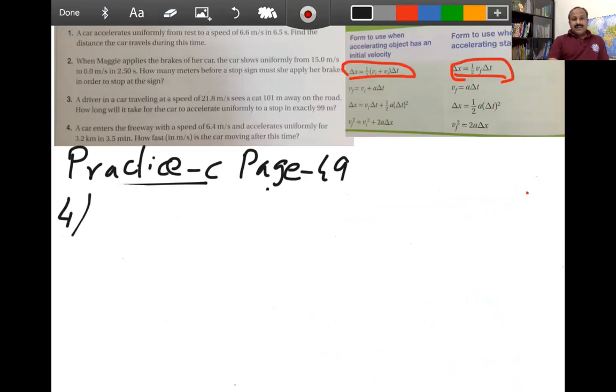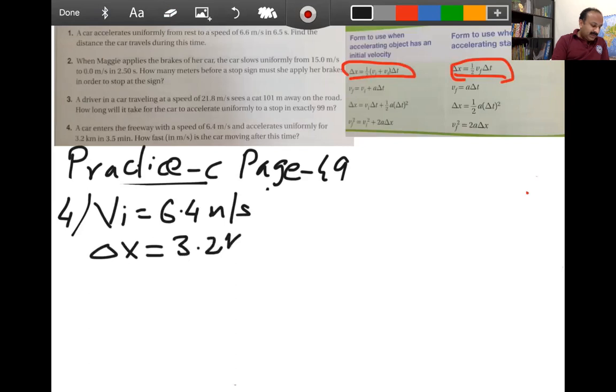A car enters the freeway with a speed 6.4 meter per second and accelerates uniformly for 3.2 kilometers in 3.5 minutes. How fast is the car moving after this time? So here they're asking how fast is the car moving after this time. Means they're asking you the final velocity vf. What are the values given here? Your vi is 6.4 meter per second and accelerates uniformly for 3.2 kilometer. So the delta x is